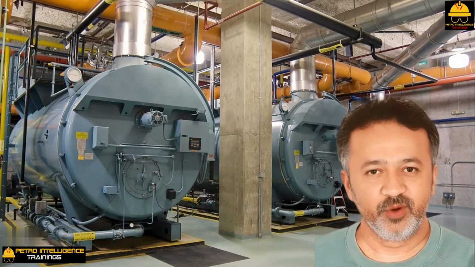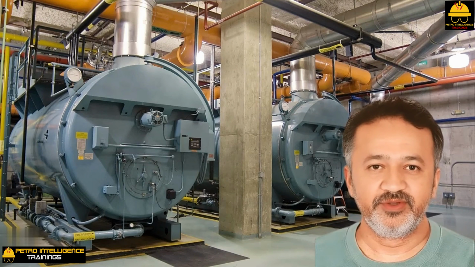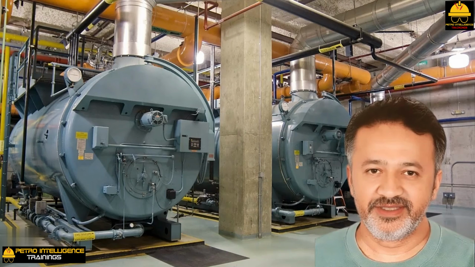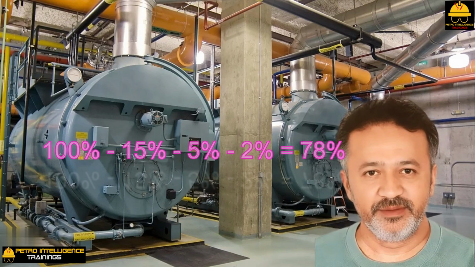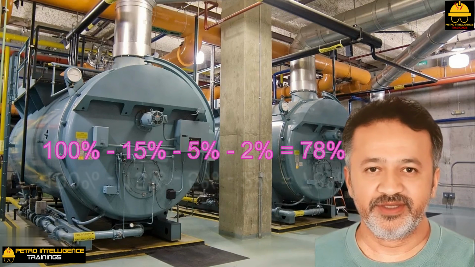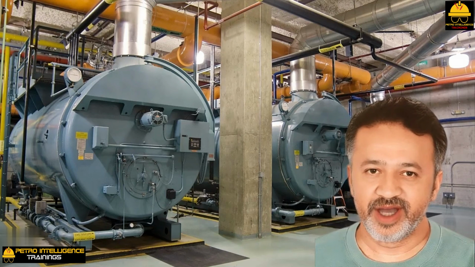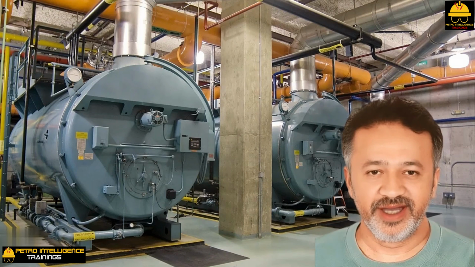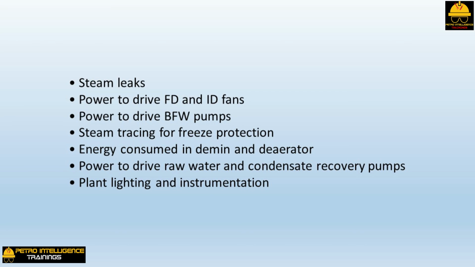Thus, for a small boiler with a 600 degrees Fahrenheit stack, 5% O2 in the flue gas, boiler efficiency is 100% minus 15% minus 5% minus 2% equals 78%. Of course, the overall boiler plant efficiency will be lower due to steam leaks,